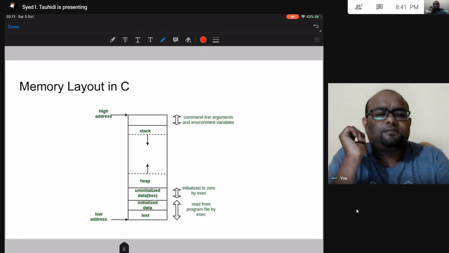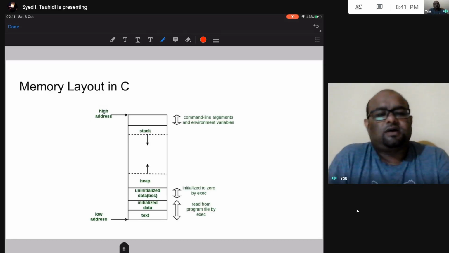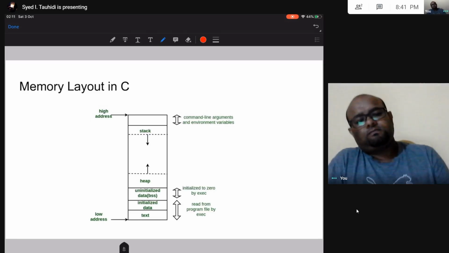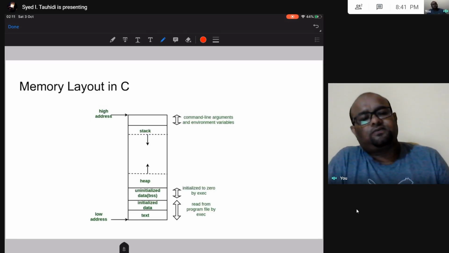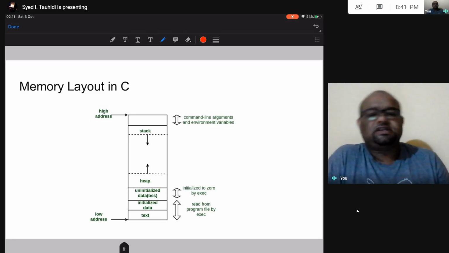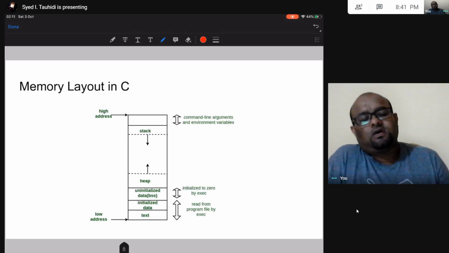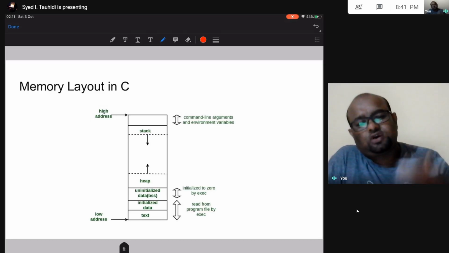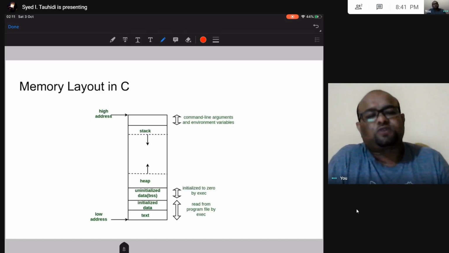and then in Linux, the extension does not matter, but if you are using the GCC compiler, then you are going to have this executable file. If you don't specify any argument while compiling, then your executable file is going to be a.out. So now you have an executable file after compiling your program, and now you can run it. When you run this executable file, your program actually runs on your processor.